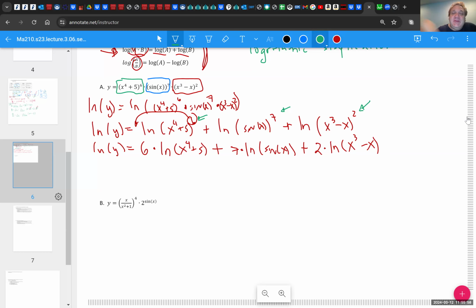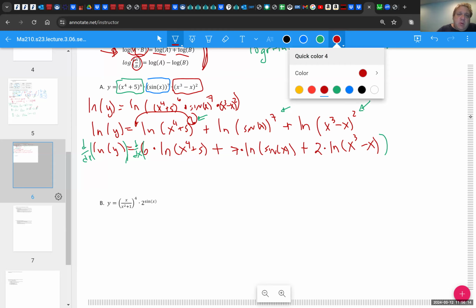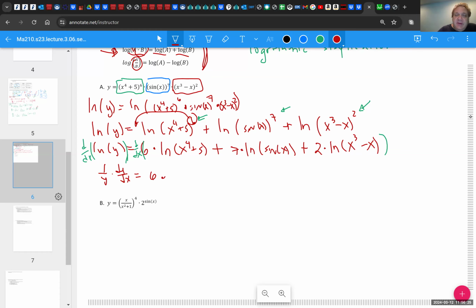All right, so we're going to differentiate both sides. I'm going to differentiate the left-hand side with respect to x. I'm going to differentiate the right-hand side with respect to x. And I'll be doing my normal chain rule differentiation, implicit differentiation, etc. The derivative of ln y is 1 over y times the derivative of y. The derivative of 6 times this thing is 6 times the derivative of ln of x to the 4th plus 5, which is 1 over x to the 4th plus 5 times the derivative of x to the 4th plus 5, which is 4x cubed times dx/dx